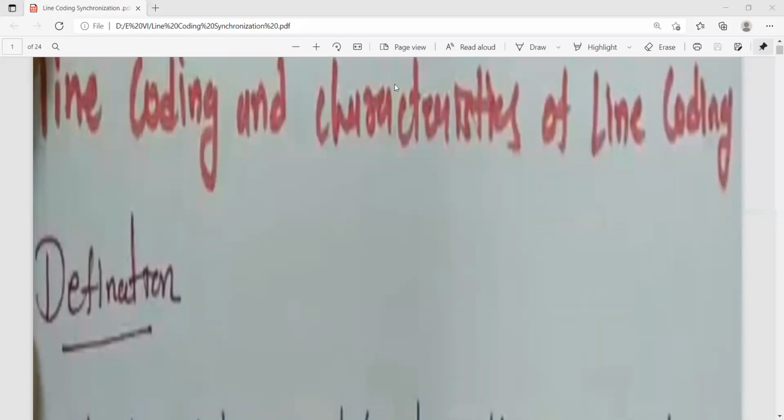So regarding projects, for the MECS group, 30 students are allotted to me, from 0012 to 030. For 15 students, you have to do the project work on the error detection codes only. You have to write clearly the different types of error detection codes, the various types of coding techniques, at one place. That is a project for you.